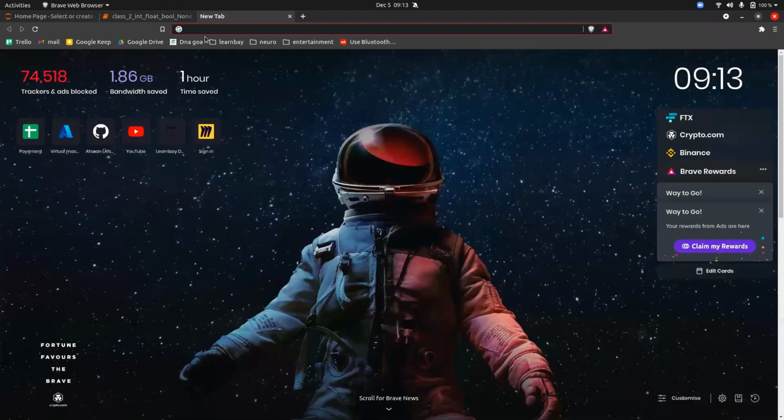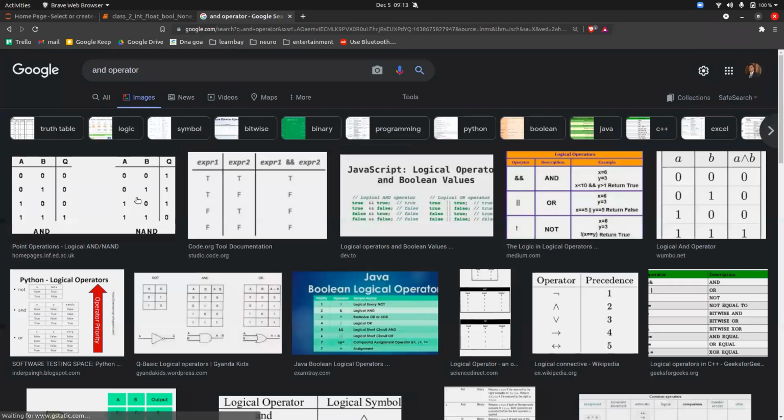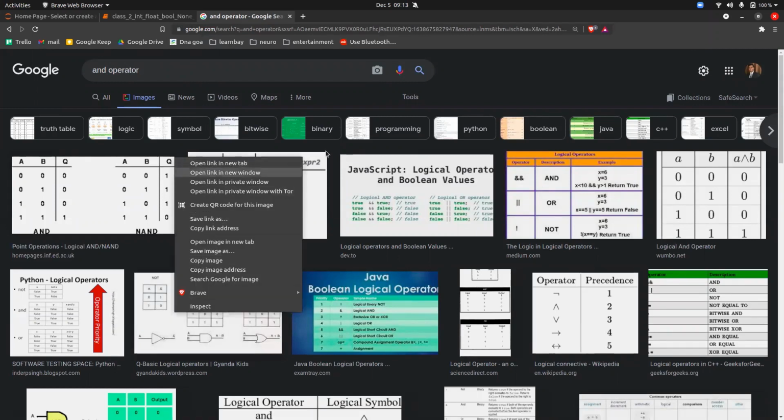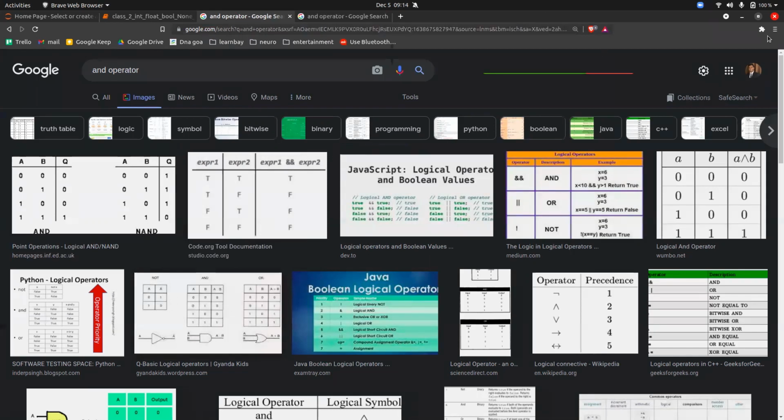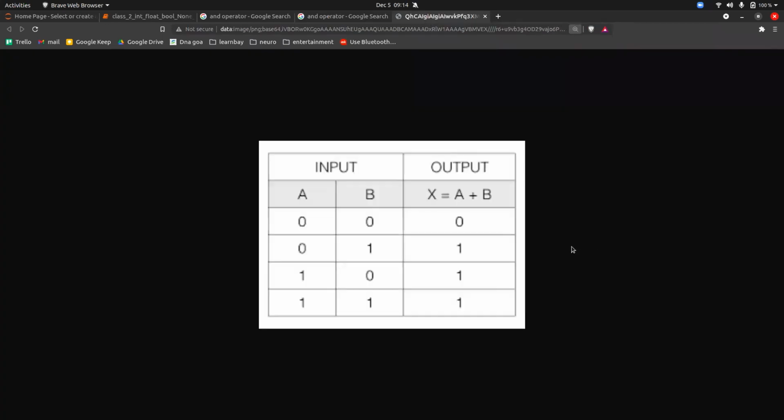For the and operator, this is the table you have to remember. If you have remembered this, then logical operators become very easy.